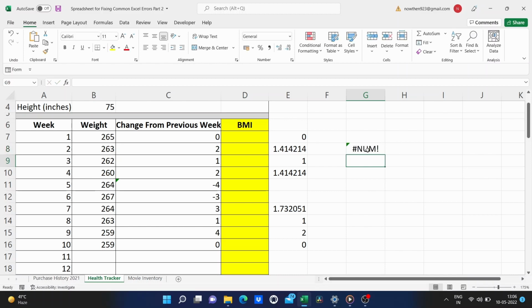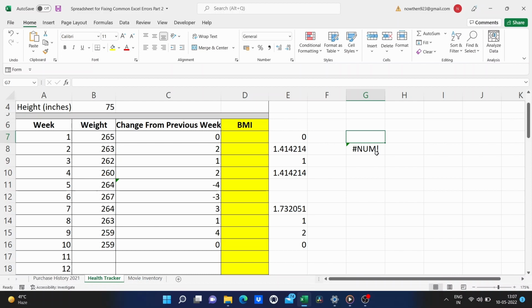That gives me an error message because my formula produced a number so big it was bigger than the number 1 with 308 zeros after it. And so Excel just cannot display it. Now that's also true of negative numbers. If I try to type in or calculate a number that is smaller than -1 with 308 zeros behind that, that's also going to produce a num error because the number is too small for Excel to display. There are some other reasons why you might see the num error. They're pretty rare, but watch out for those two examples that I've shared.